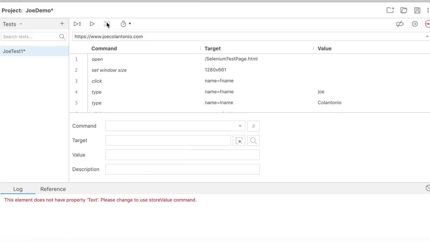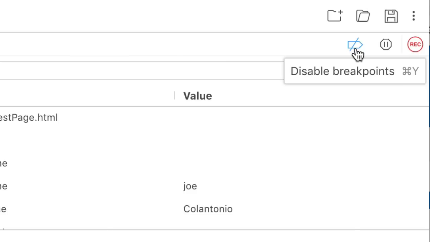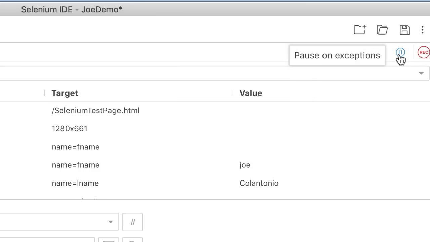Another cool option is the breakpoint feature. Breakpoints are really cool because they allow you to stop at a particular line of code in your test script. This is really handy to have if you have a very long test script that is failing near the end of the test run. Basically, you can pause the running to see what state your application is in before you get to that point. And then you can use this in conjunction with your step control to step from that point on to really pinpoint what's happening in your test at a given point in time. You also have this option to pause on exception.